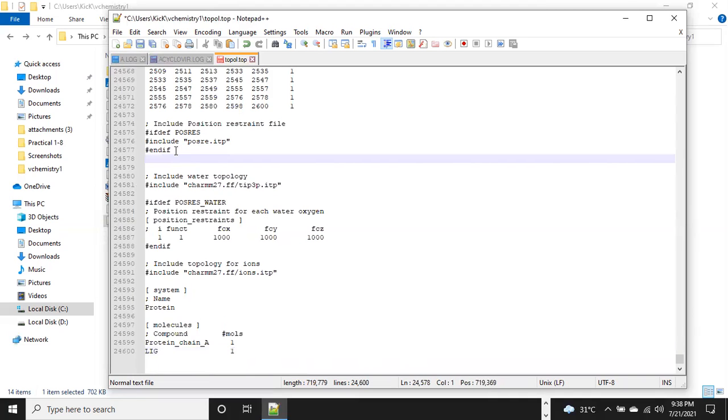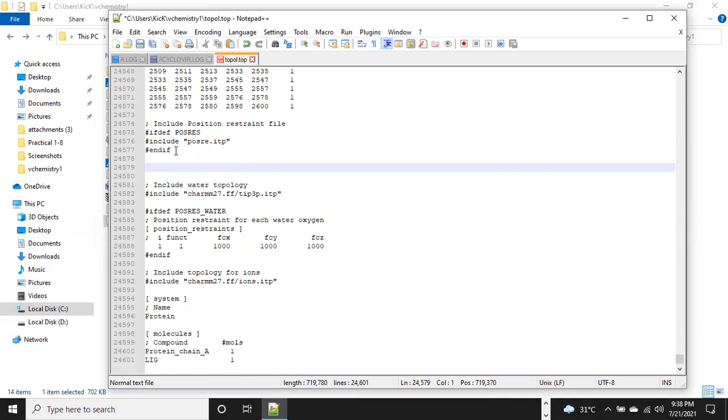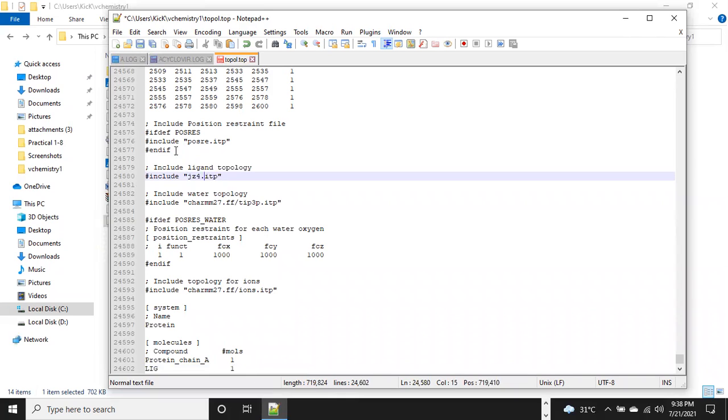Just hit enter, again one enter, and paste. Since we are using lig, that's why we use LIG for the lig.